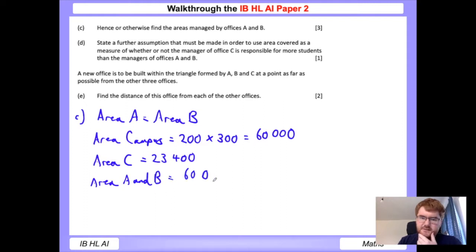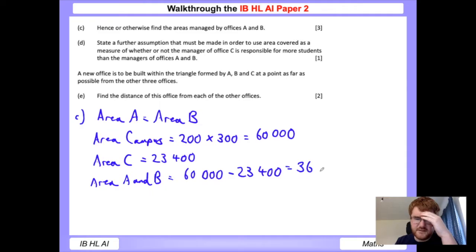So 60,000 minus 23,400 together, that's going to equal 36,600. Good, so area of A, which is equal to area of B,